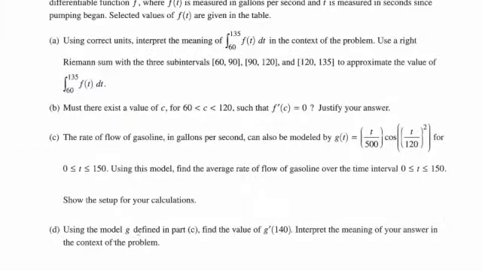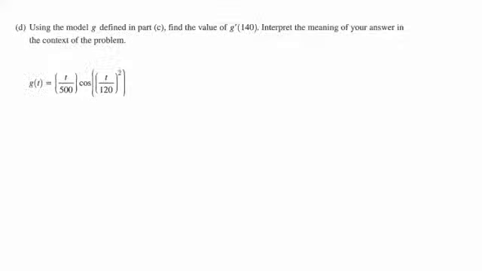Part D says, using the model G defined in part C, find the value of G prime of 140. Interpret the meaning of your answer in the context of the problem. Okay, so G of t is this. For this part, you should use a calculator for G prime of 140. So G prime is this, negative 0.00491